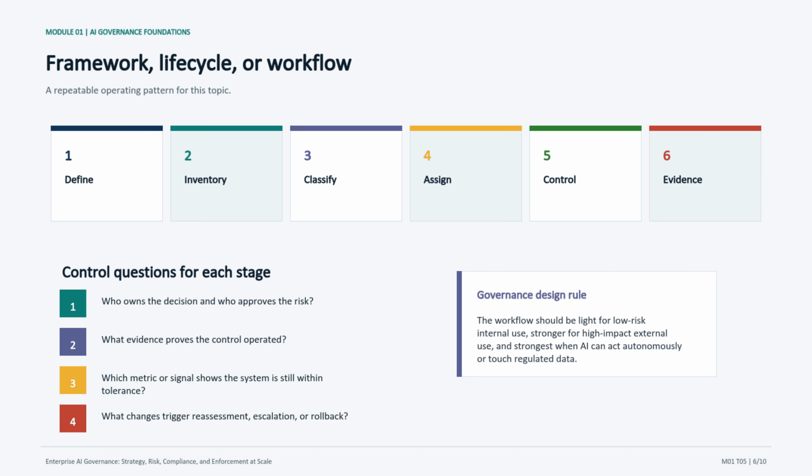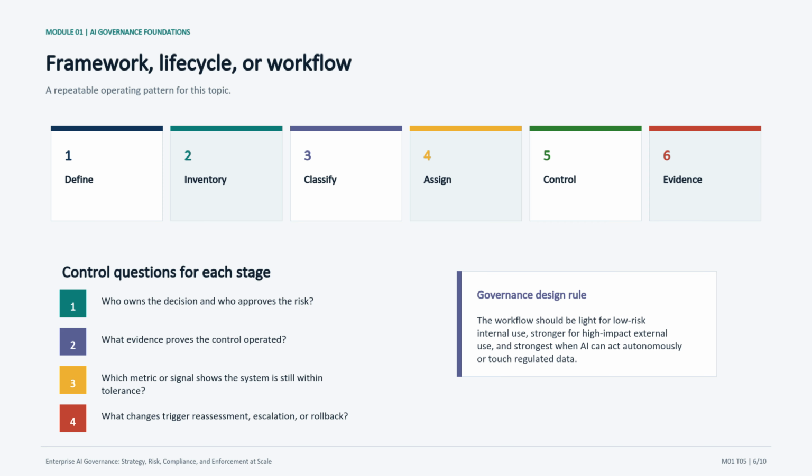The design rule on the right is the practical point. Low risk internal usage should not be buried in process, but high impact external systems, regulated data, and autonomous agents need stronger gates and runtime controls. Once the workflow is clear, we can talk about tooling without falling into the trap of assuming one platform solves